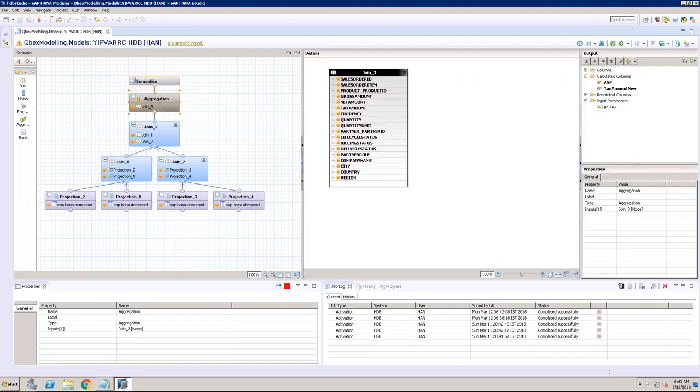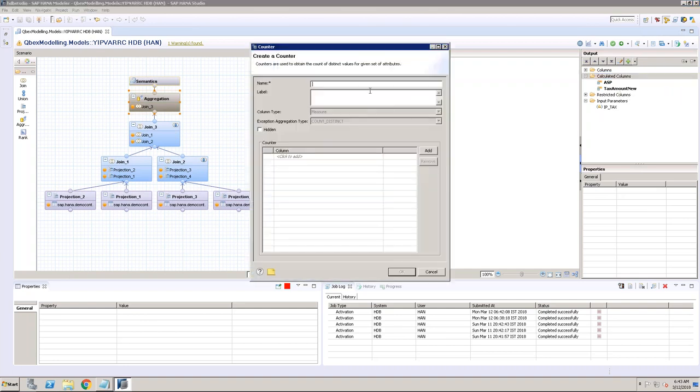So what is my requirement? I just want to say count of. I would like to build a key figure which can basically give you the count. Now look at this, in the calculated columns you have an option called new counter. Apart from creating a calculated column, I have an option called new counter. So I'll say